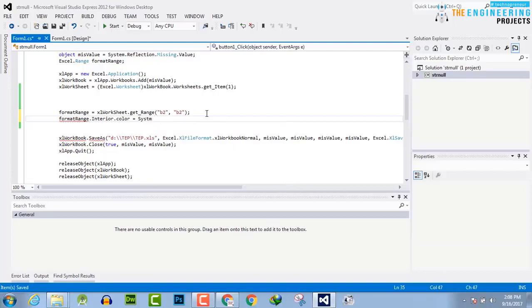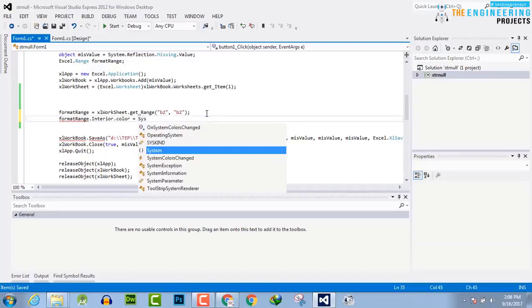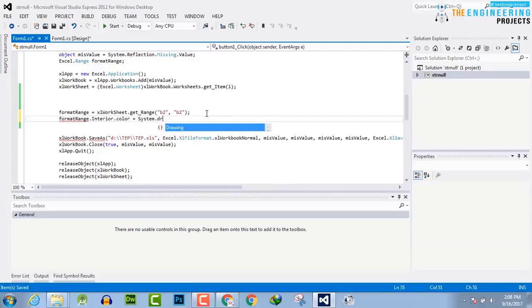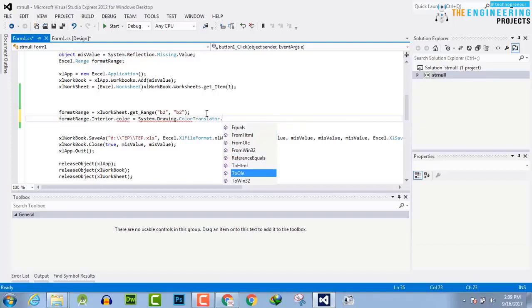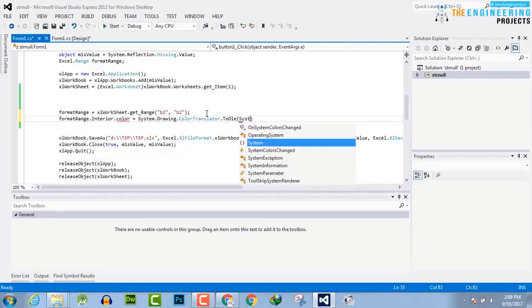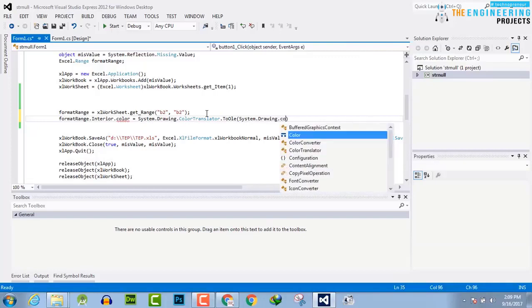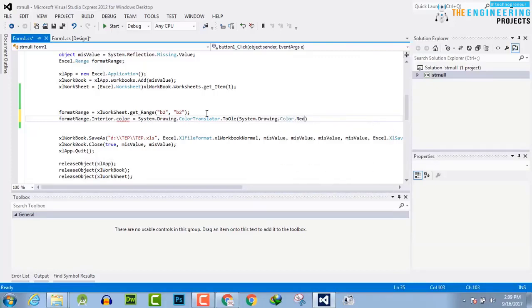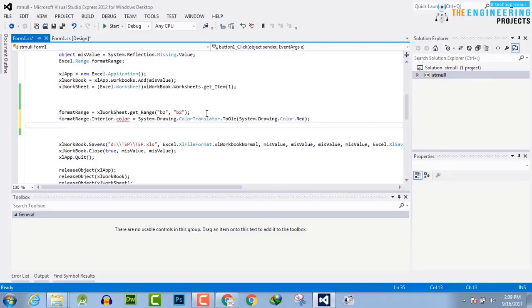System.Drawing.Color.Translator.ToolColor, and in parentheses you have to write the color scheme as System.Drawing.Color.Red. And here we have done, and we'll say here as